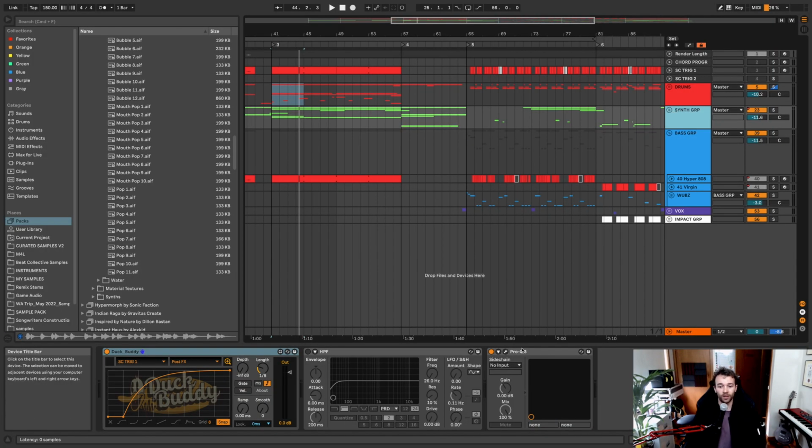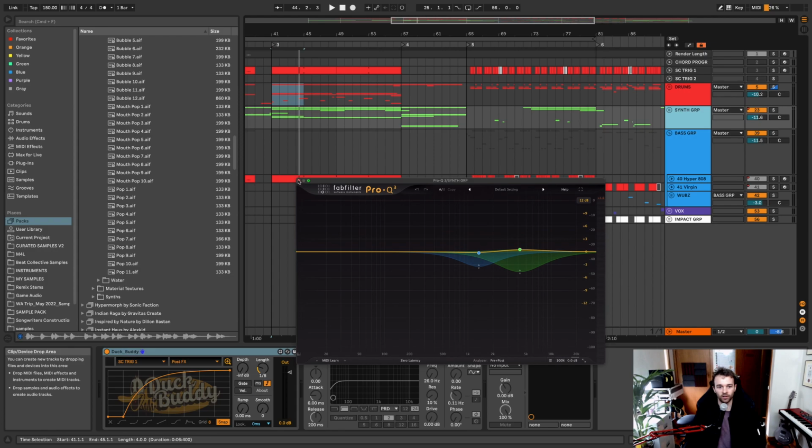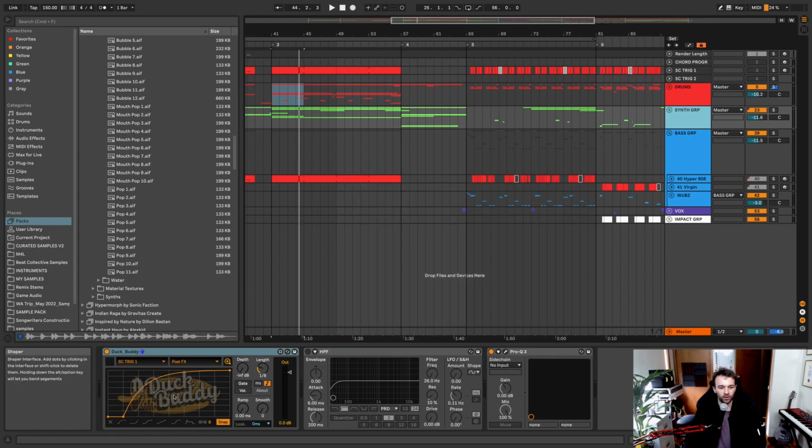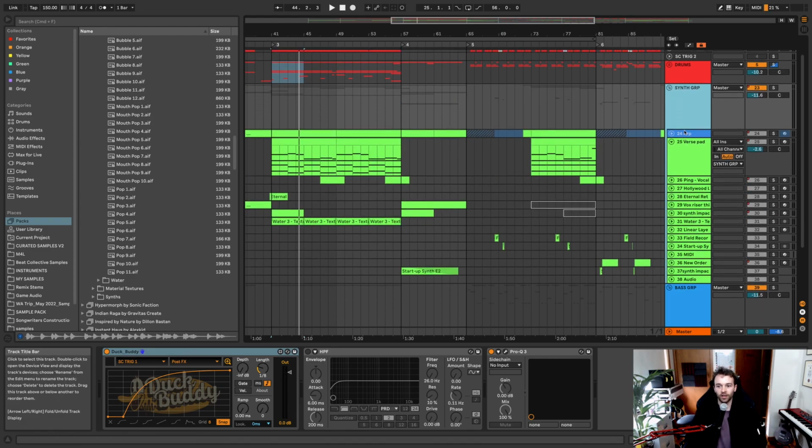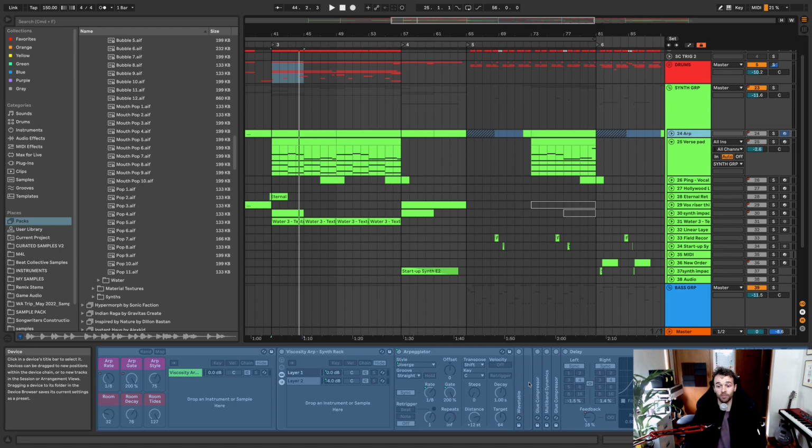So in the synths group here, I've got some EQ just on the main track using FabFilter Pro-Q, and then I've got Duck Buddy here, which I'm just using as my sidechain trigger. Shout out to Slink and the crew who created Duck Buddy. I've been using it in all my projects. It's fantastic. So inside of the synth group here, I've got this arp sound, which I've frozen because it was really processing intensive,